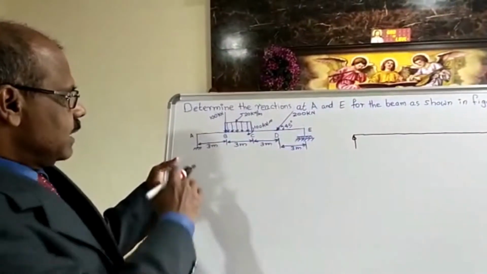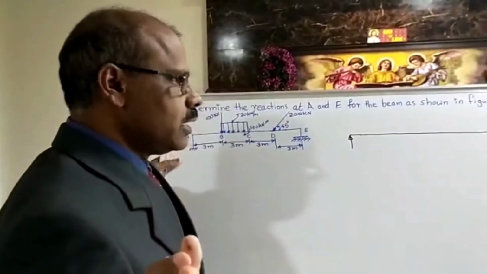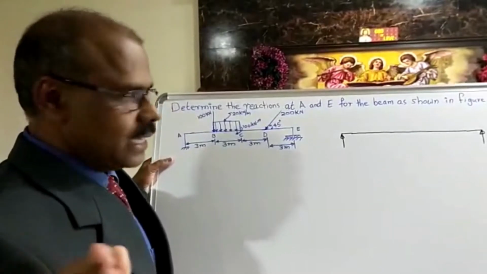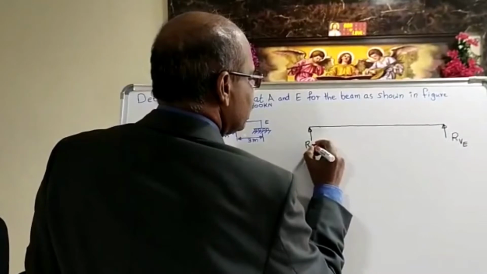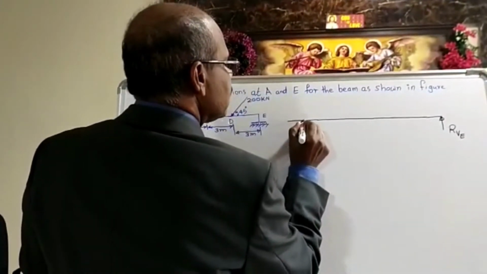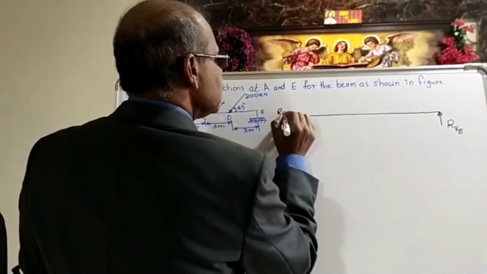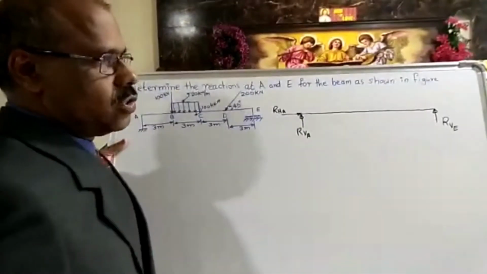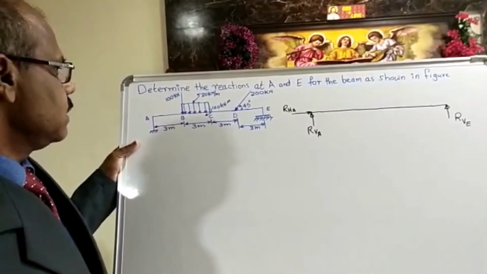But here at A, I told you with the example of that door, there is a horizontal reaction as well as a vertical reaction. So this is the vertical reaction at A, V A, as well as there is a horizontal reaction also here, R H A. Now that part is clear.